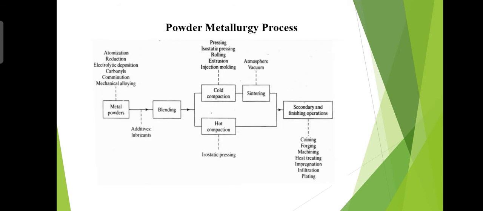Now this is another basic block diagram of how you can produce a powder. But before this, I will tell you something about the characteristics of powders. There are many characteristics. The first one is morphology, and others are powder size and range distribution, powder flowability, chemical composition, and sprayability. These are the basic characteristics of powders.